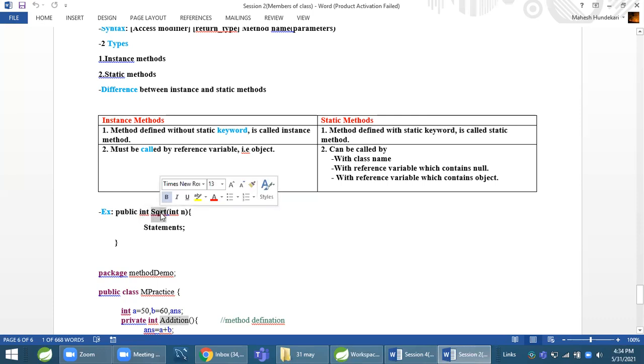That is, this method is going to return an integer type of value, so we have written int here. In brackets, we are passing parameter n. This is also called an argument, or we can call it a parameter. Then we write statements in these curly braces. So this is the scope of this method, from the starting curly brace to the ending curly brace.